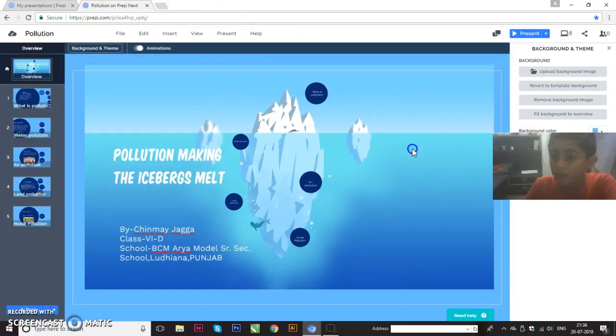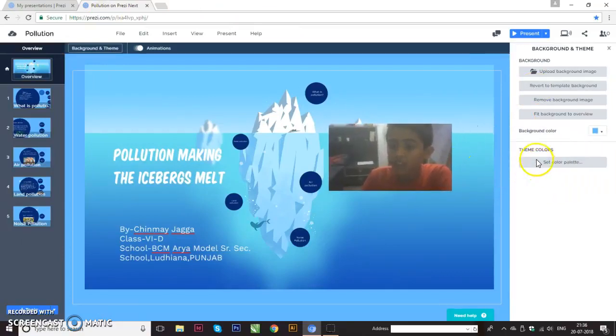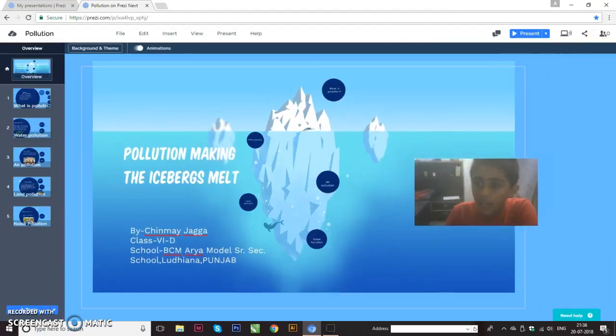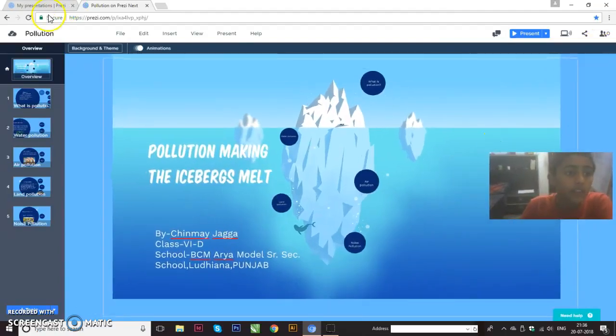I could choose from these theme colors, or I could choose at the back of the login. As you know, the templates are made already, and we have to make the changes ourselves.